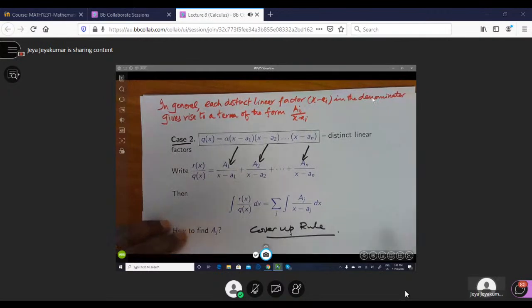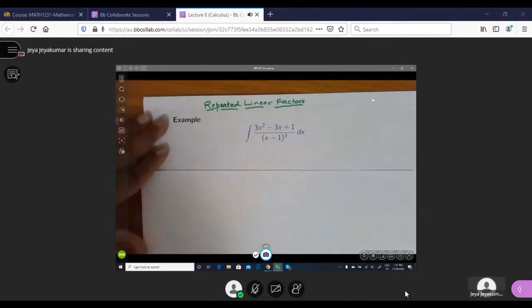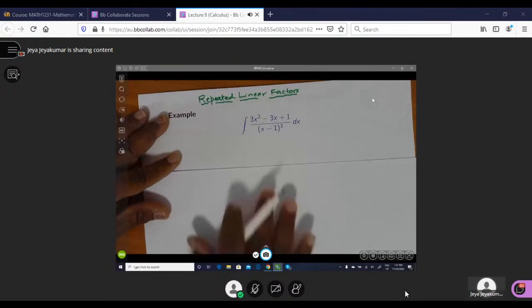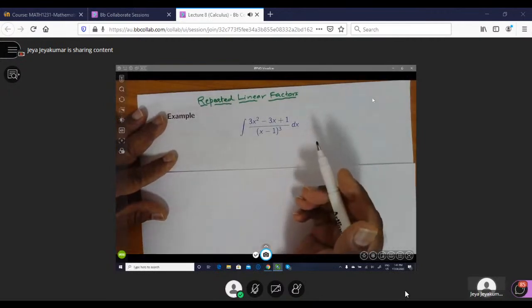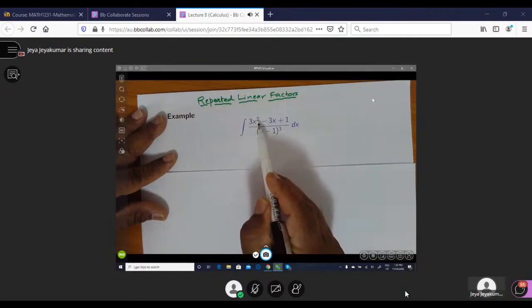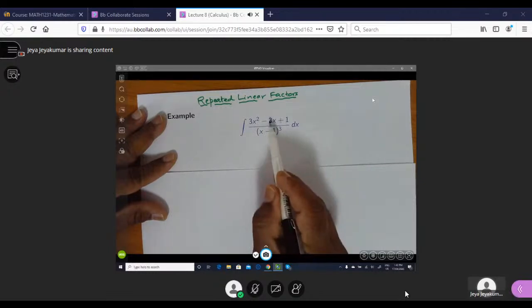Now the second one I'm going to look at is the repeated linear factors. Have a look at this here. The second example: 3x squared minus 3x plus 1 over x minus 1 cubed. Now, the first thing we need to do, as we did before, is check the degree of the polynomial at the top and bottom. The top is degree 2, bottom is degree 3, so that's fine. The degree of the polynomial at the bottom is higher than the degree at the top, so that's a proper